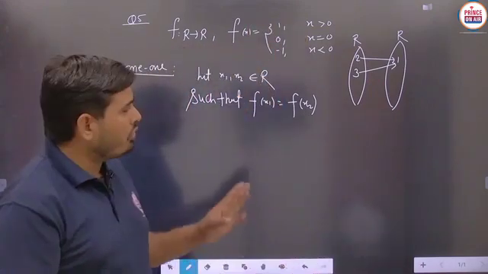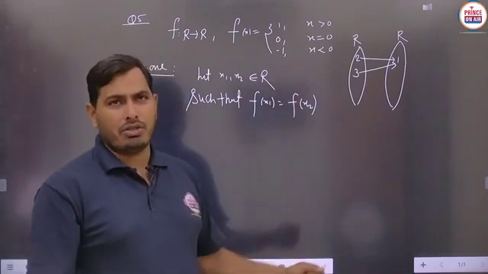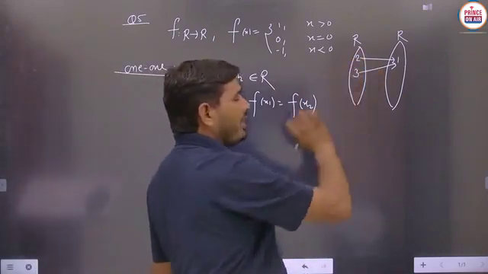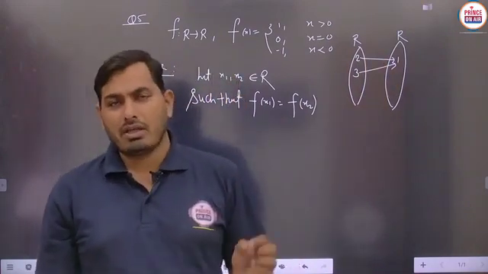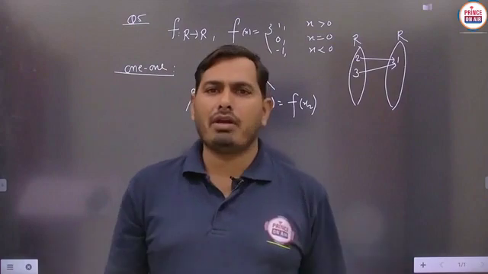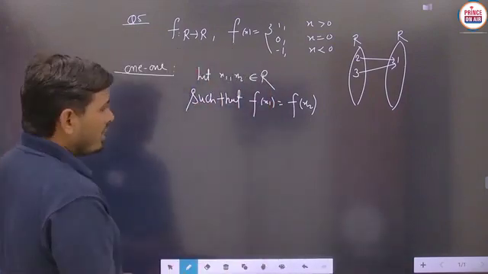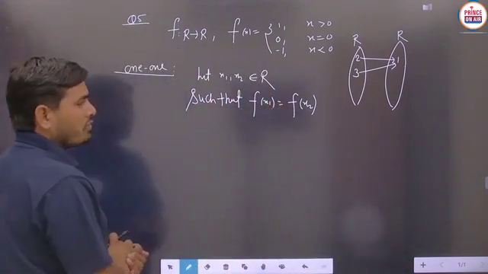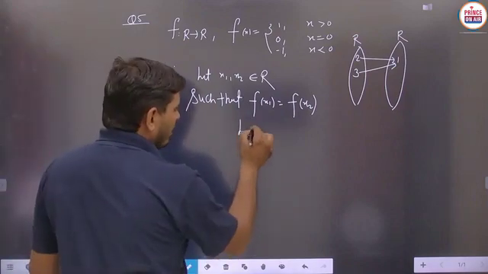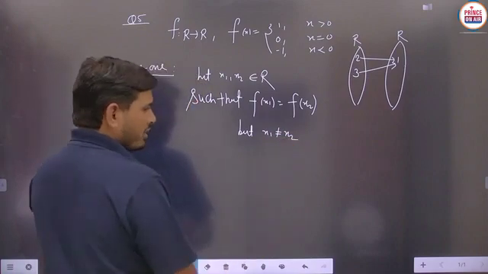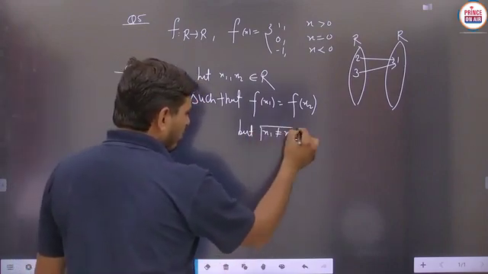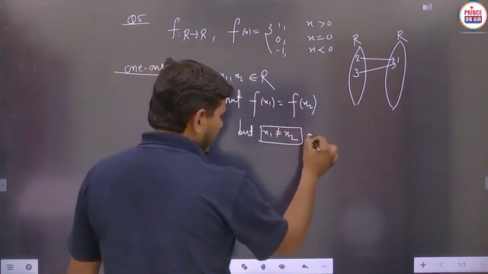So student, on the behalf of this mapping you can say that there are two different x1 and x2, but their image will be the same here. So in this case the function is always said to be many one, not one-one. So you can say that f of x1 equals f of x2, but x1 may or may not be equal to x2, so x1 equals x2 or x1 not equals x2, and you can just give the example here.